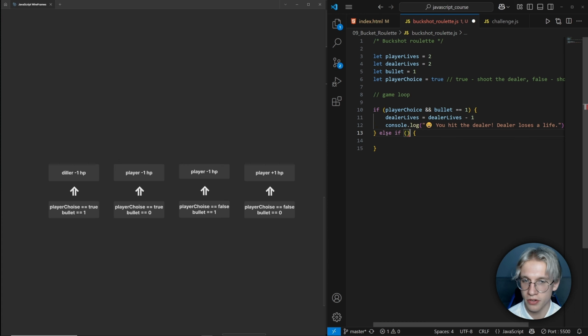The syntax is very simple. I write else, then if, then parentheses, and inside of the parentheses I might write the same usual if statement as right here. So I will write that player choice equal to true. At this point, I will remain with a short version of player choice equal to true and bullet equal to 0. In this case, if our first statement isn't satisfied, our else statement means that we still have 3 different possible outcomes,